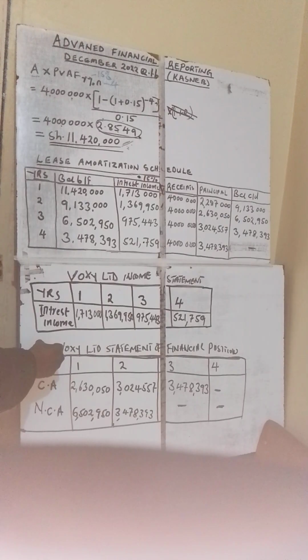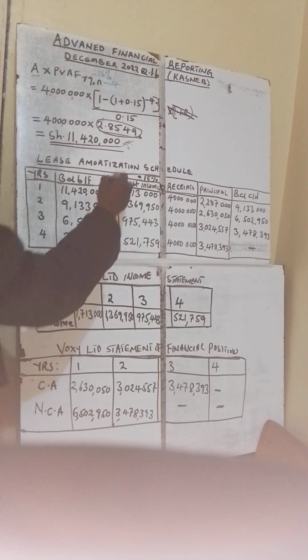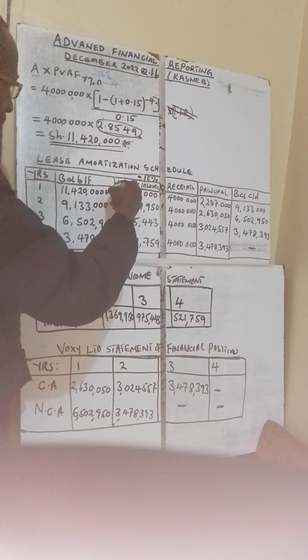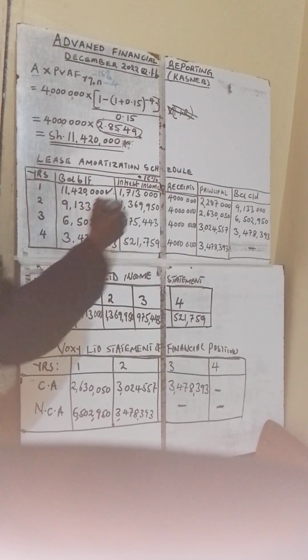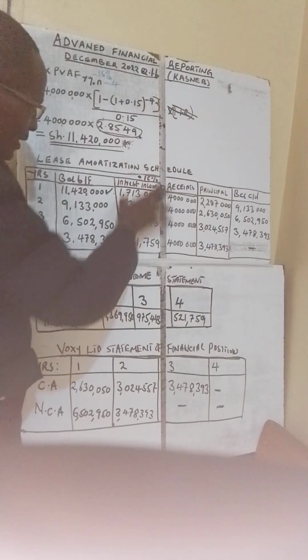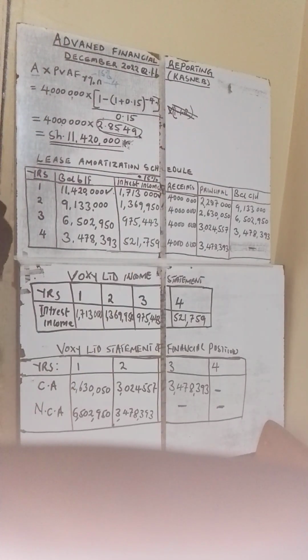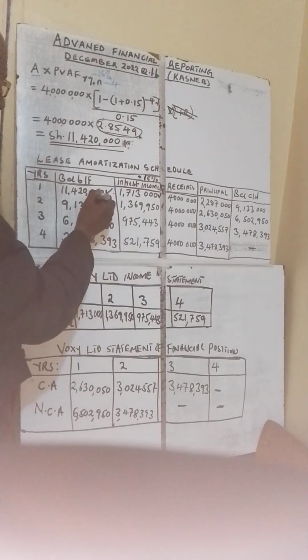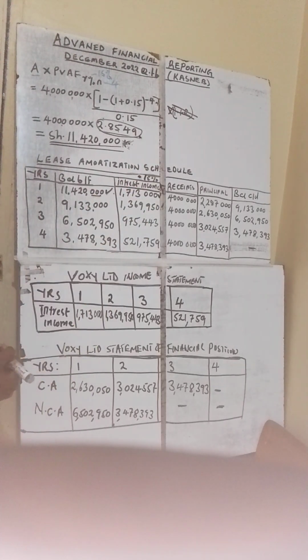So you start with 11,420,000, the figure you have calculated up here. This figure here is what you start with. Then interest, this column is for interest. The implicit interest rate you are told is 15%. So take 15%, you multiply by that particular figure, you get